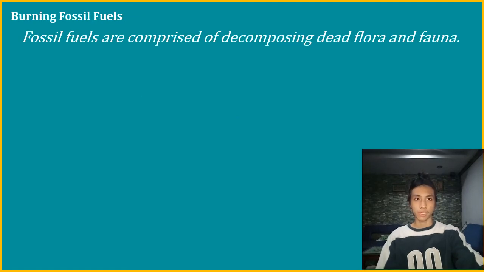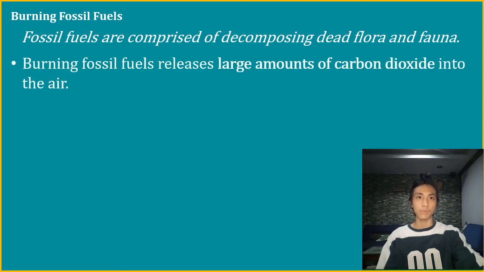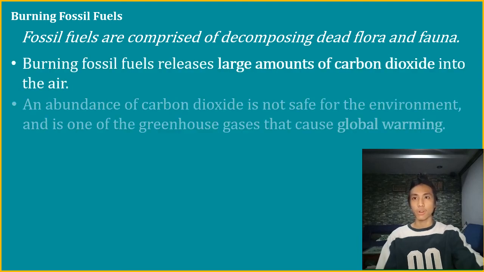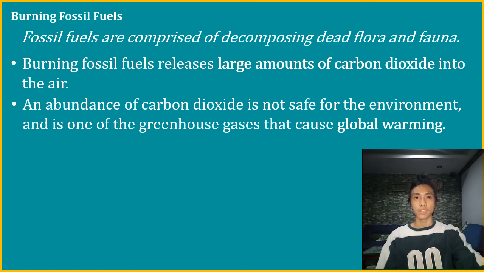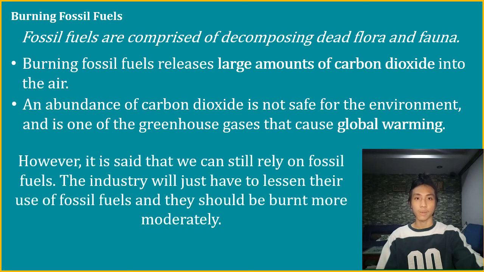Another less serious effect is the excessive burning of fossil fuels, which are almost entirely made up of carbon and hydrogen. Although carbon is also needed in the cycle, an overabundance of anything is and has never been a good thing. Excess carbon and hydrogen released into the atmosphere could drown out and disrupt the oxygen cycle. Although unlike what most climate activists say, we don't need to stop doing it. Reduction and moderation of fossil fuel consumption would be a much better plan than to simply stop right away.